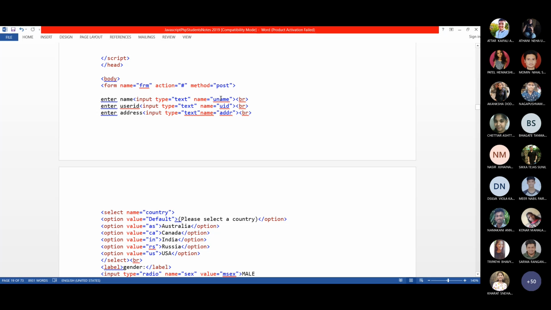It should not be repeated. It should be unique. So I have created the text box with a name and a type attribute. Type is a mandatory attribute. Name is optional, but here we are going to link this with JavaScript. That's why we are using name. We want to identify the first text box.